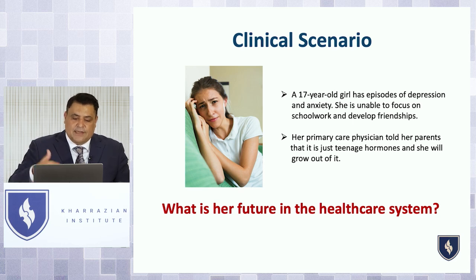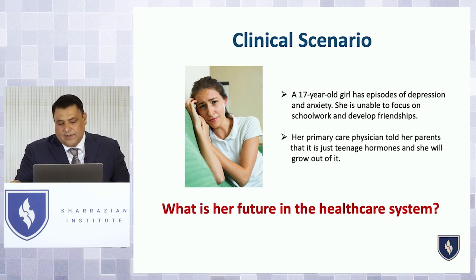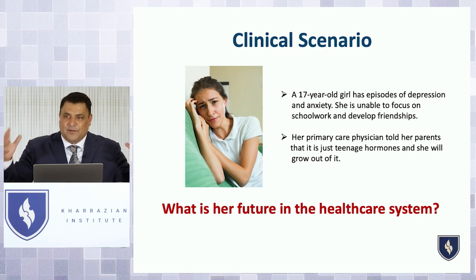And it's really important to know that when you see these patients that have mood disorders, it's going to dramatically impact their life, especially at certain age groups. Like a 17-year-old who has episodes of depression and anxiety and can't develop friends during high school. Like high school is such a significant socially development period of someone's life. And if they just can't function at that phase, it's going to impact them for the rest of their life. So figuring out why they have anxiety, not just blaming on simple things, is really, really critical. And then also depression, right?